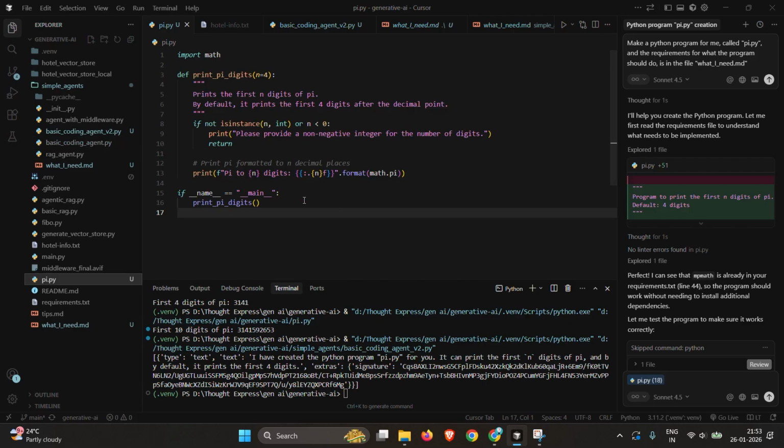Okay, so as you can see, our model also created the py.py file. So it says that I have created the py.py file for you. It can print the first n digits of pi. So now as you can see, if we go to this Python file, it is actually different from what the Sonnet agent created. It also got created over here because I ran the program globally, and because of that the paths were also global. So this file is what got read instead of this,